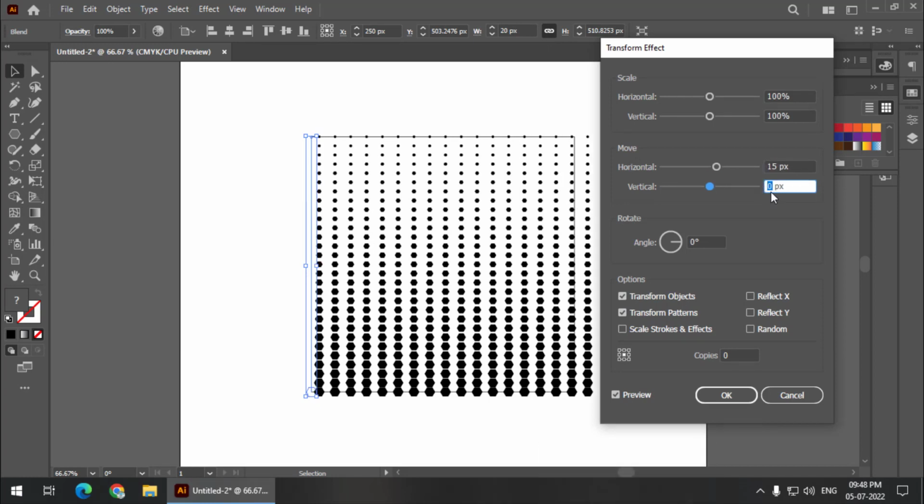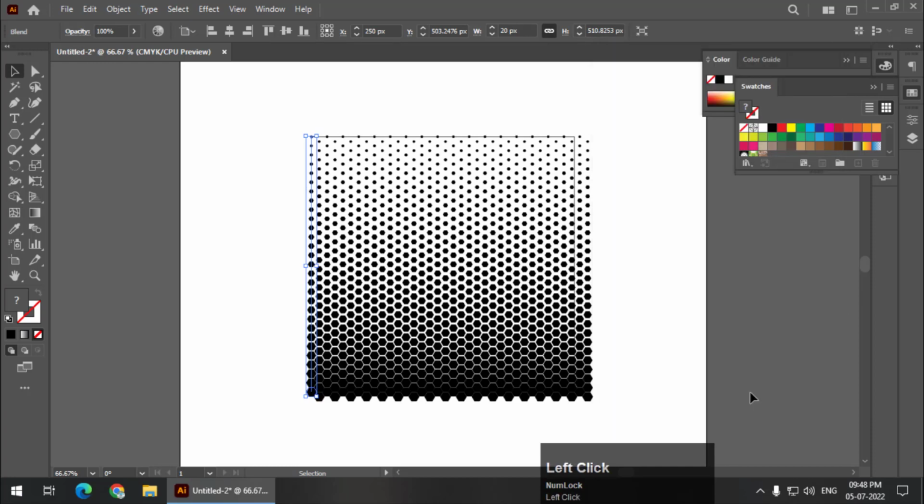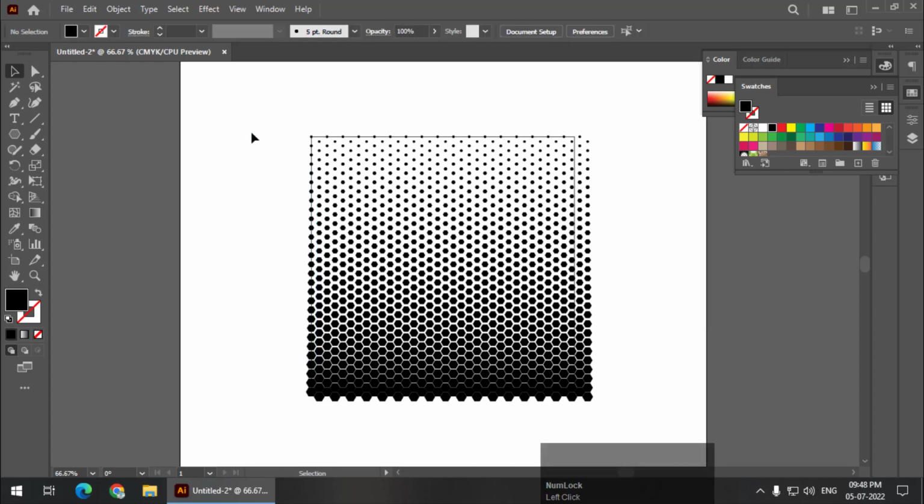Earlier we didn't change anything in the vertical value, but this time change the vertical value to 9.5 pixels and make only one copy. So voila, this is the pattern that we were looking for. It is that easy creating so many patterns in Adobe Illustrator.